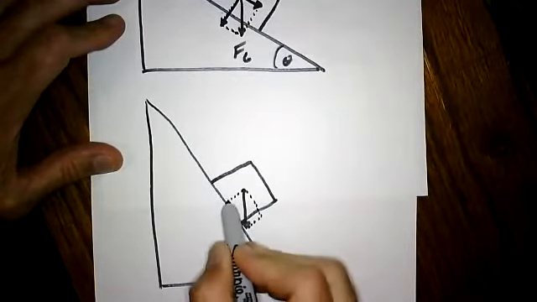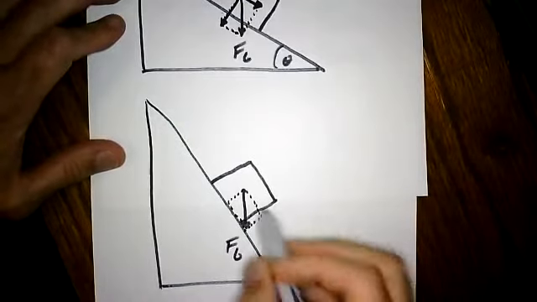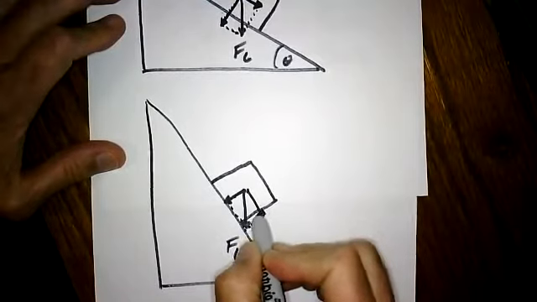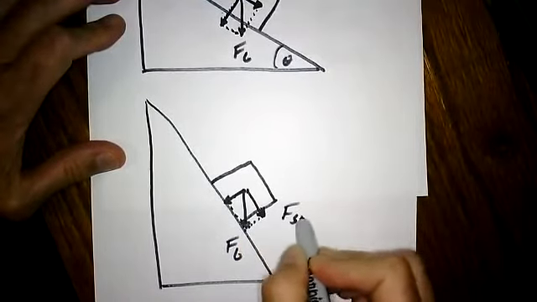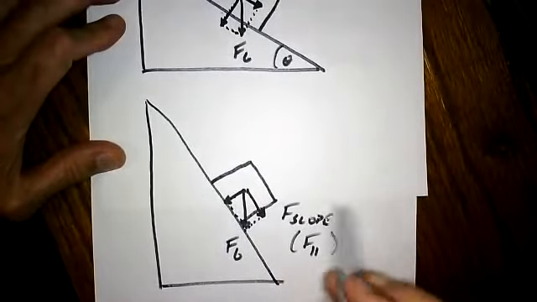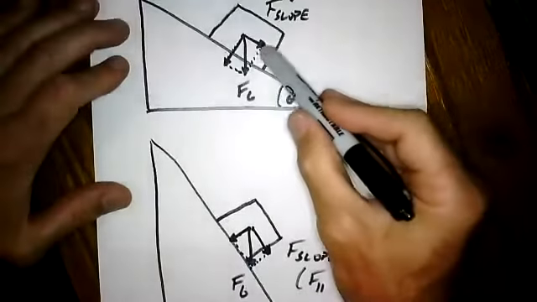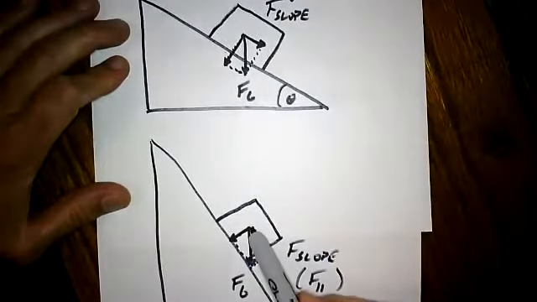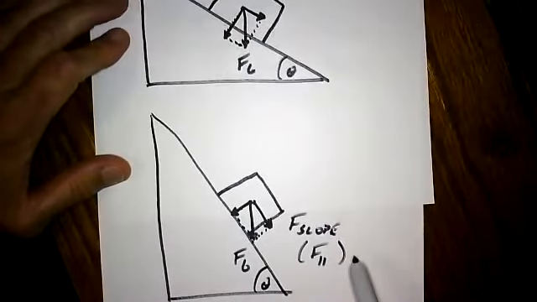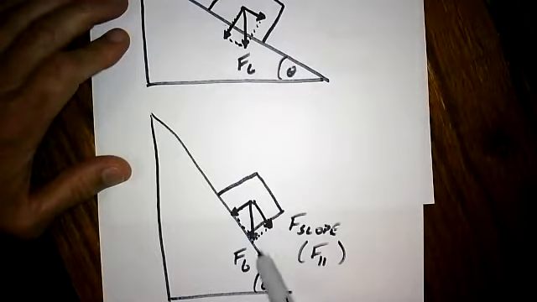Draw a rectangle around this box, or this force vector, my perpendicular component, my parallel component. That's F slope, AKA F parallel, or whichever way you want to do it. This magnitude is even greater than that magnitude. The resistance to bike up a steeper hill is greater simply because of the slope force. The resistance to bike up a hill is greater because of the steepness of the slope, and this parallel component of